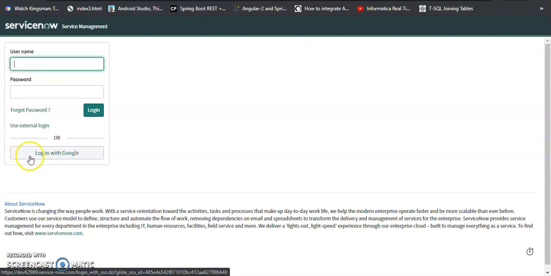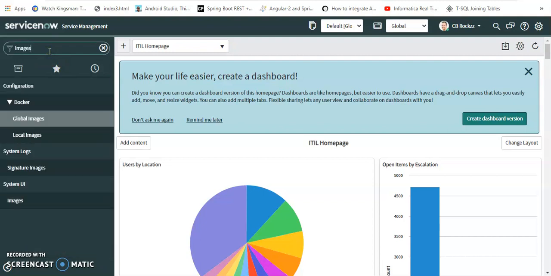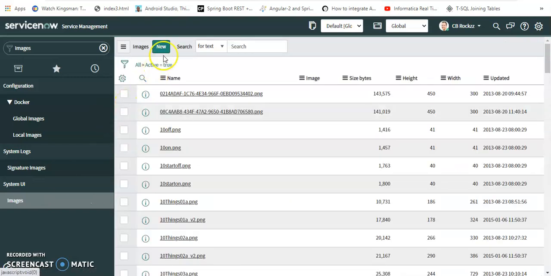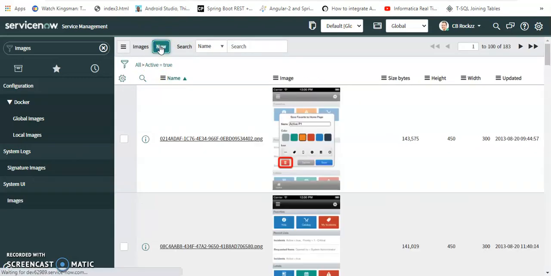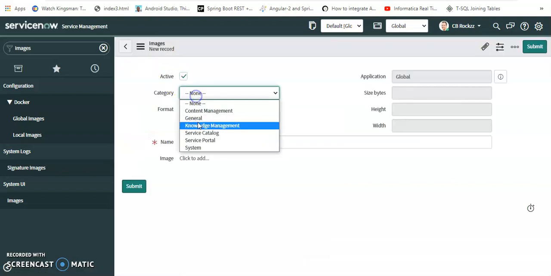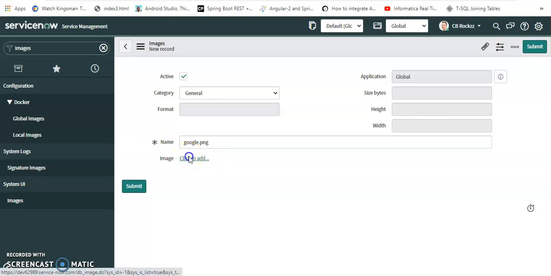Now here we need to add the Google icon. I already have this icon. Let me import this icon into this one. I will import the Google icon. Here I also got a new point: while creating the identifiers, we should not give the unique name.